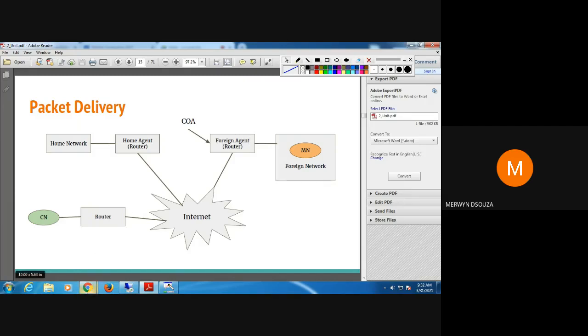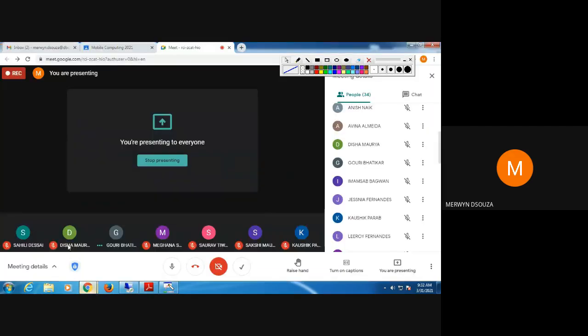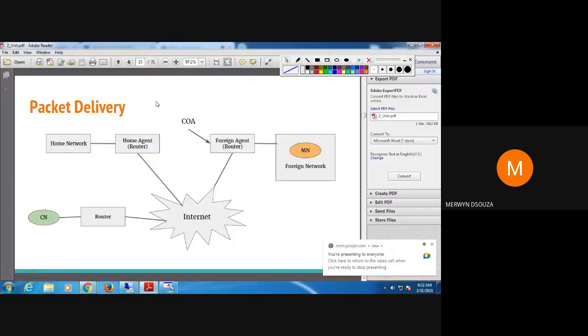Now that we have revised this, let's see the actual steps. We are saying COA has to be registered with the home agent. There are 5 steps involved in it, so we are going to look at it in detail: how you register the COA with the home agent.